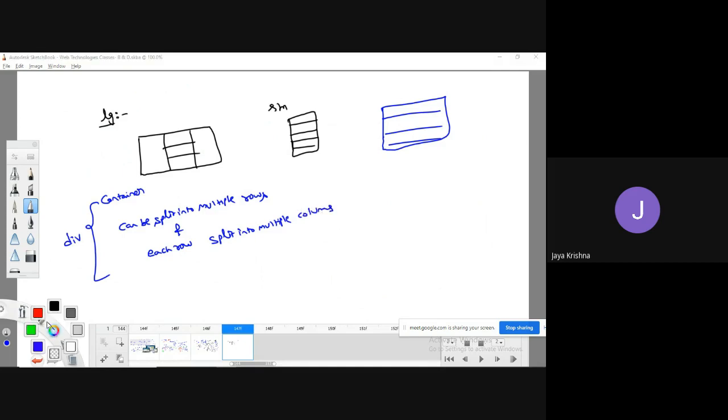Yes. So how are we going to split into multiple rows? With the help of a predefined class called row class in Bootstrap. And how are we going to split each row into multiple columns? We have a kind of structure, a class called col-star-star. See, star means every star is optional. If you would like to use this star, this defines the device type.